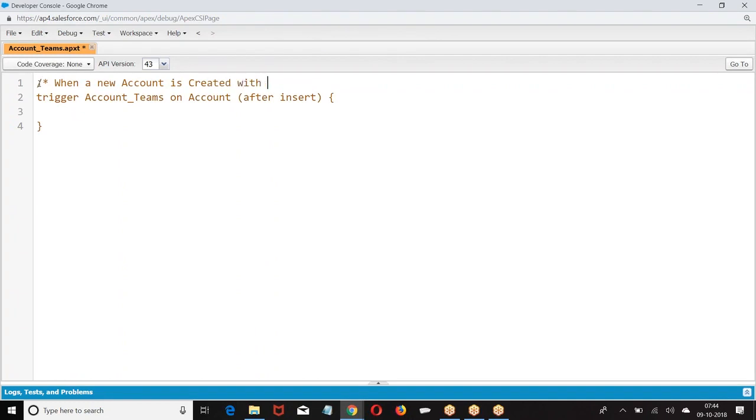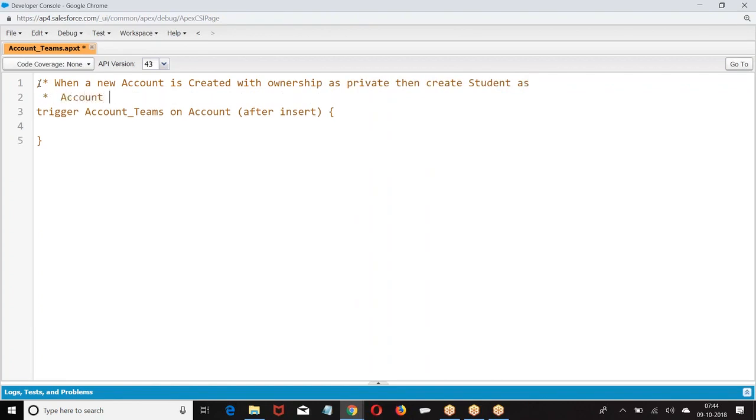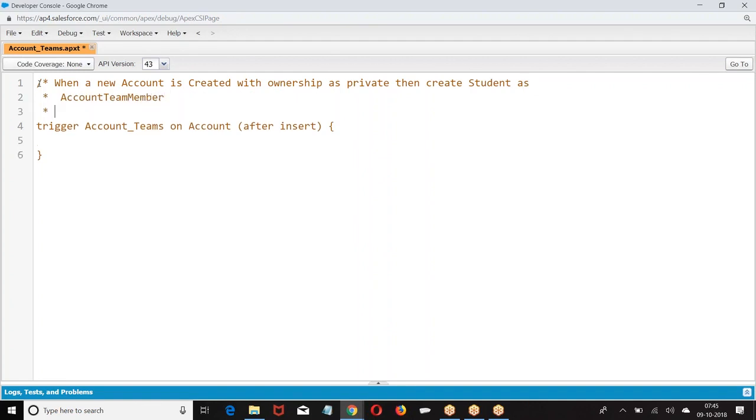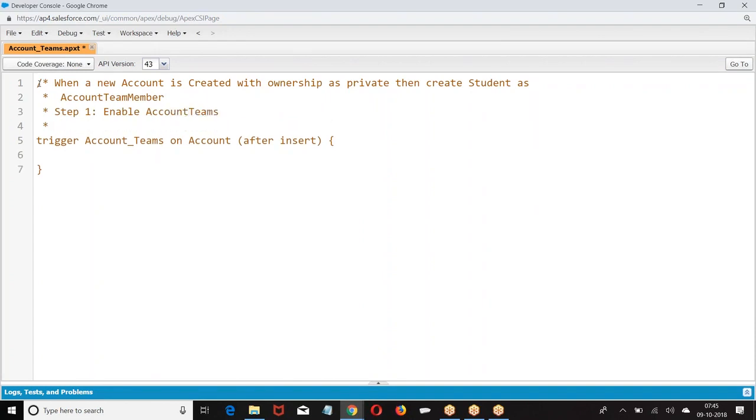With ownership as private, what we should do? Enable account teams. How do you enable the account teams?